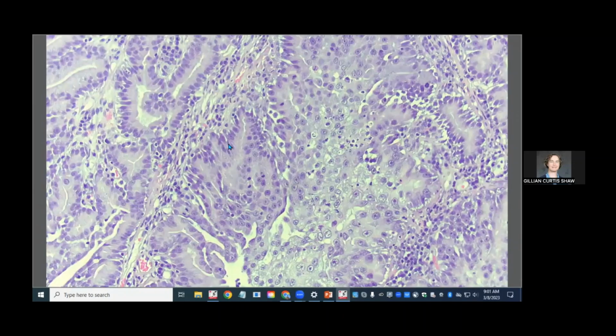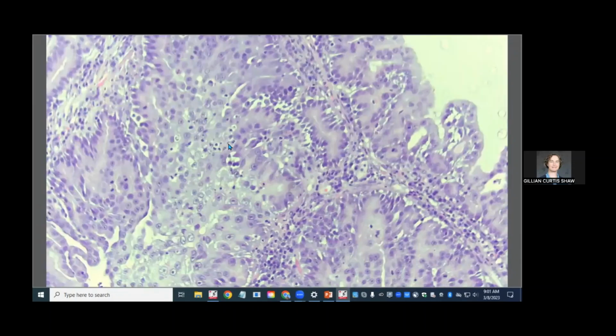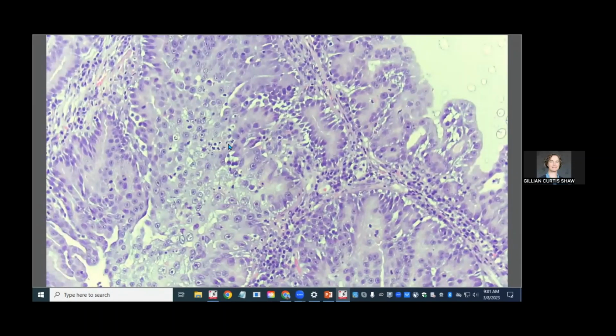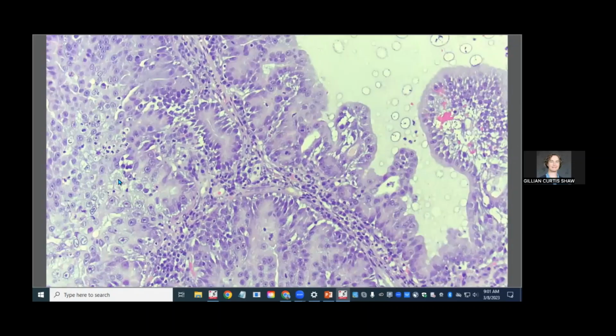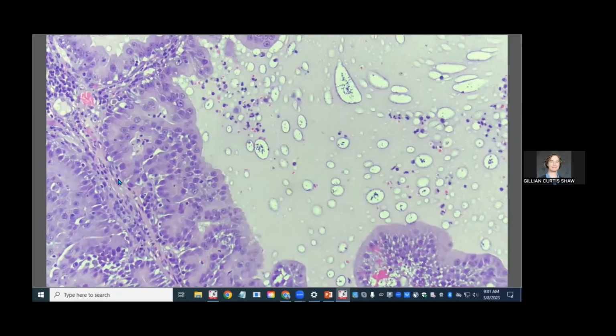If we go closer and look at them, there's never any areas of keratinization. These cells are more columnar. They have more of an orientation where the nuclei are more basal. And then you've got this epithelium and these little projections that are shooting off into these large open spaces, which have some proteinaceous fluid and neutrophils and